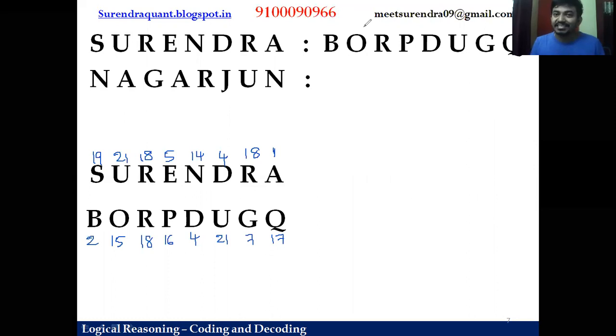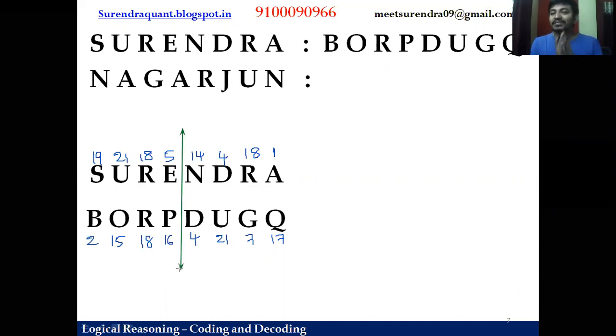Once this process is done, now can you see first to last, last to first doesn't make sense. In such cases, generally, guys, if it is an even letter word, divide the word into 2 equal parts. So Surendra word has 8 letters. If I divide into 2 equal parts, 4 for each, right? So let us divide 4 for each.